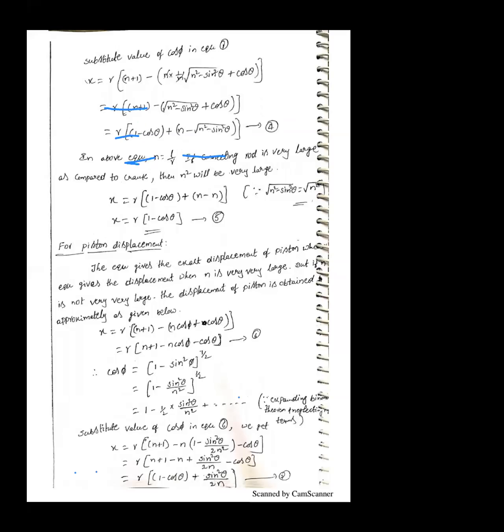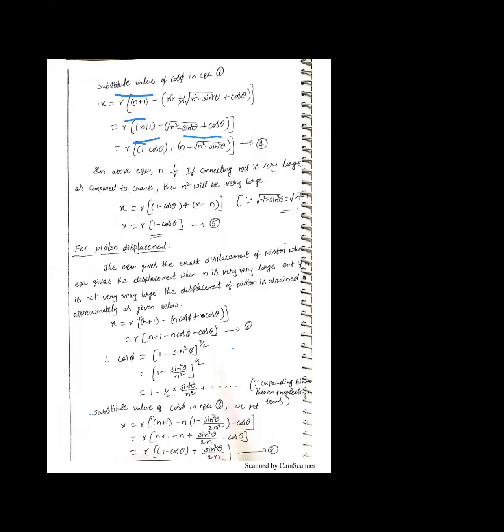in the equation here, if the connecting rod is very large as compared to the crank, the connecting rod length is very large compared to the crank, then n square will be very large. The n value is also very large. So then,